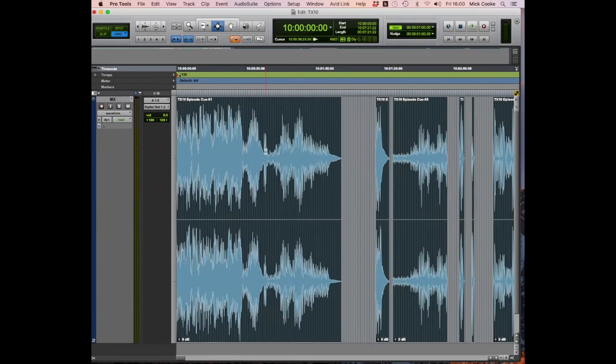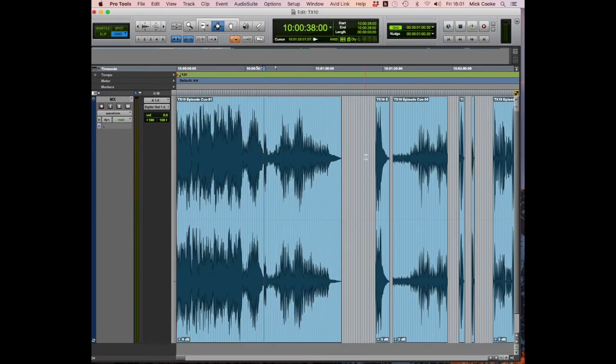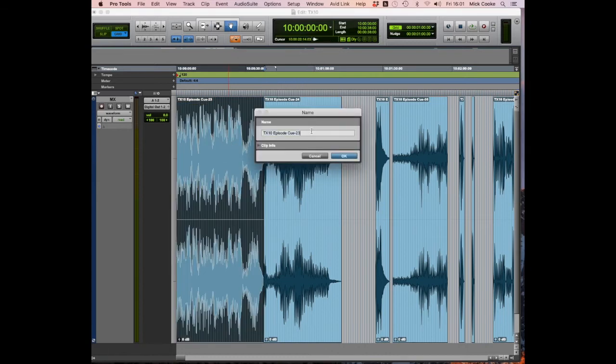Now, sometimes you need to separate the cues out a little bit. So I happen to know that the opening theme is 38 seconds long. So I'll just go to 38 seconds here. And as you'll notice, I'm in grid mode and set to 1 second and the time code here. So I go to 38 seconds here, and do an edit there. And I'm just going to name this cue